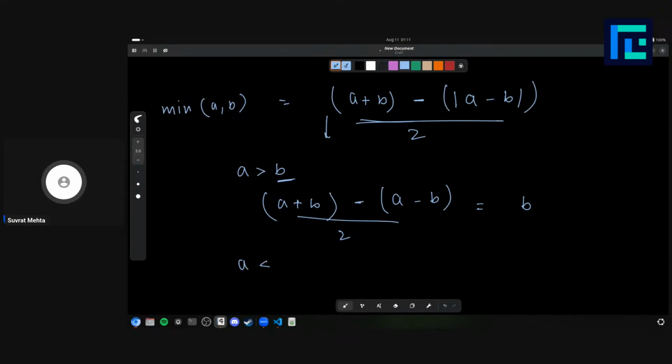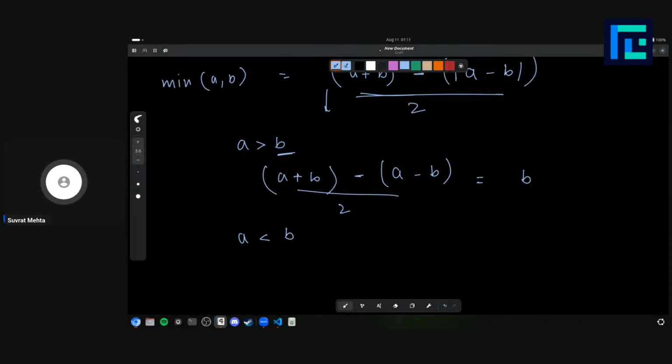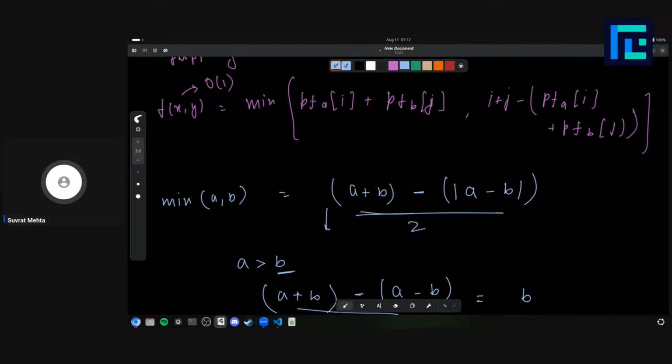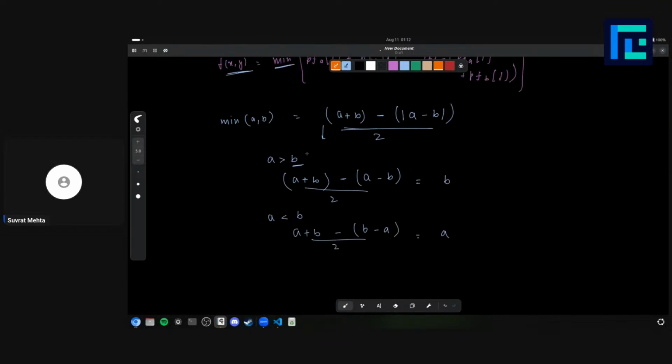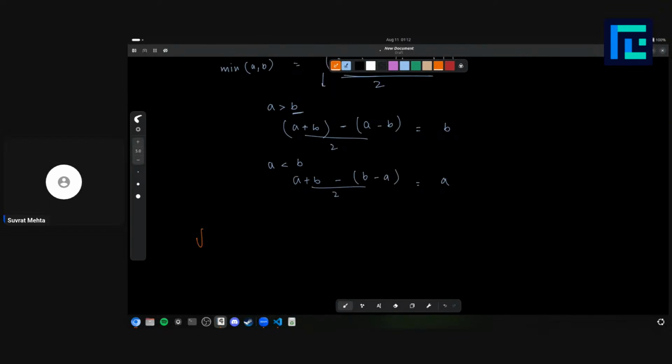And now let's take a is less than b, so this will be a plus b minus b minus a upon 2. So this is 2a upon 2, this would be a. So we can now remove this minimum function from this f of xy. That will help us in calculating the total summation. So now the new f of xy would be